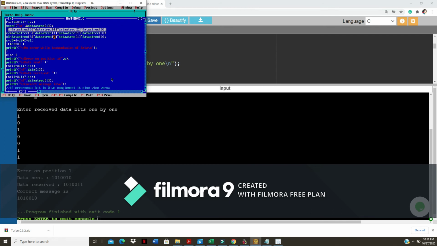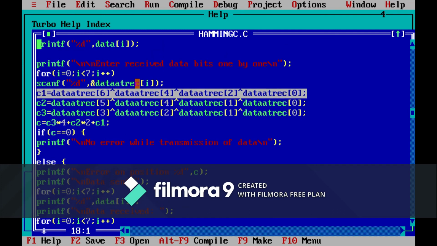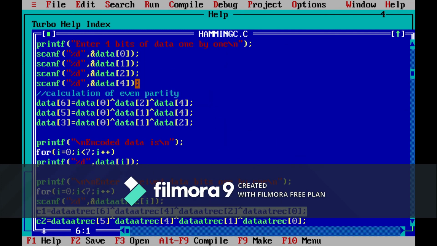Let me just press alt enter. Let me maximize this and I will show you. So here you can see this is my code.